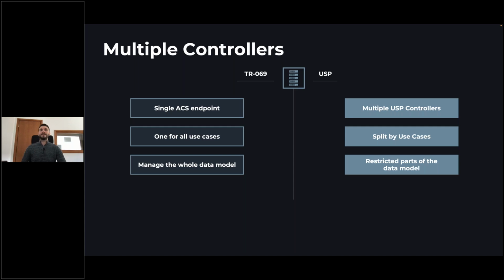So having this ability to do multiple controllers, and just to come back to the MTP selection slide, those controllers can then have different MTPs, so WebSockets, MQTT, even STOMP, and then based on that, you can switch it and you can distribute it across different systems which require different information.